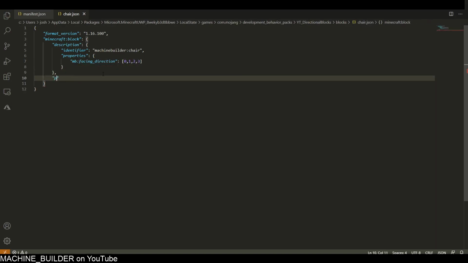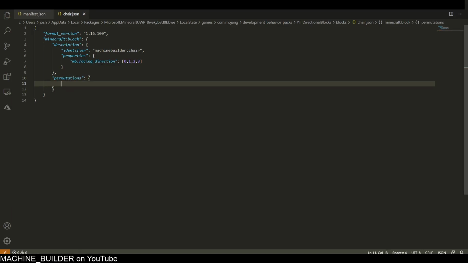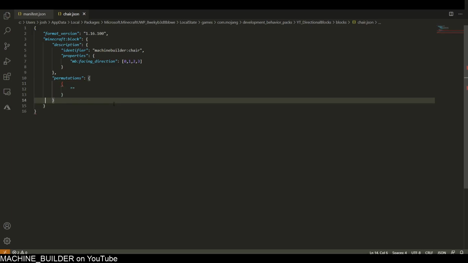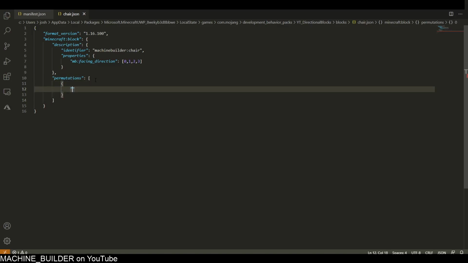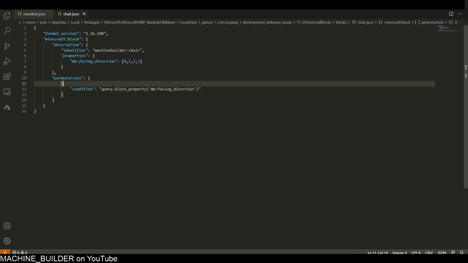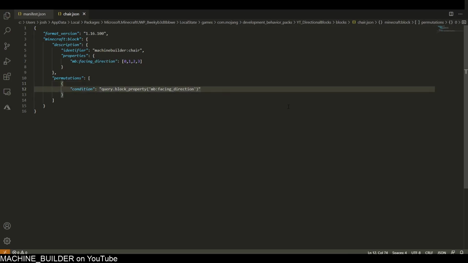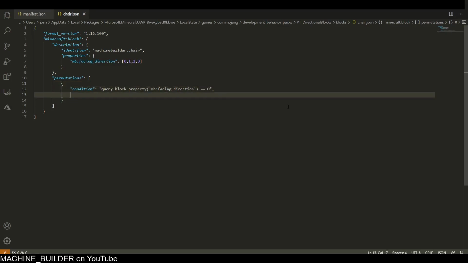Now I'm going to set up permutations, which is how the block actually reads these properties and changes its components based on them. This should be a list. There we go. First one, condition query.block property. And this one is basically querying this, like what we put here. This query will read the value of this variable, and if it's equal to 0, then we add components,